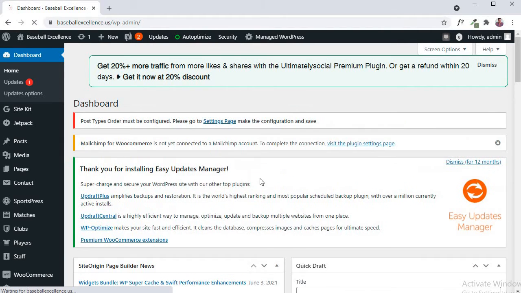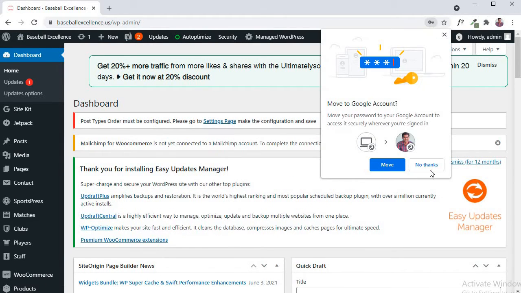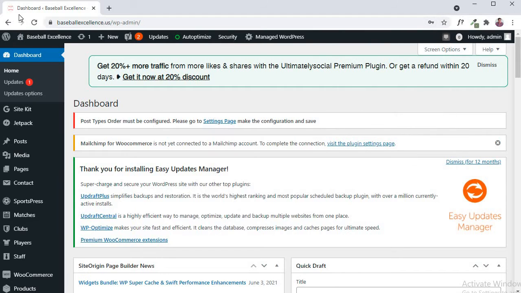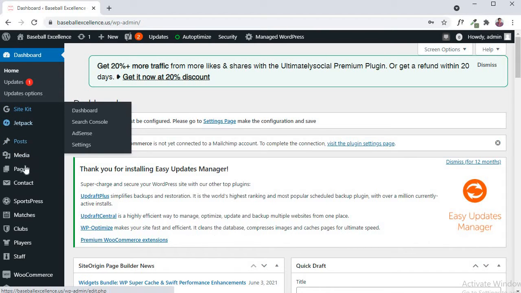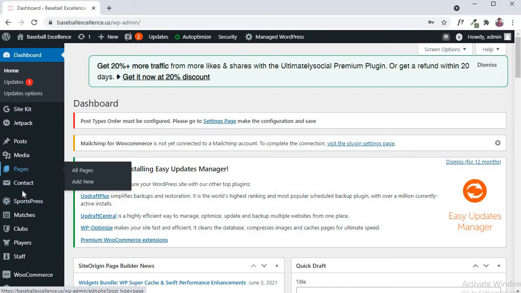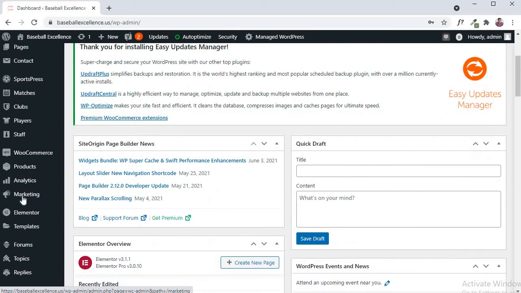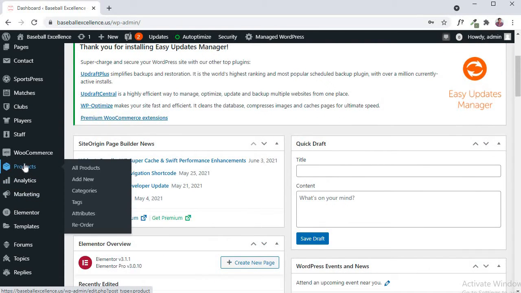Once you log in, you go to the dashboard, and in the dashboard on the left side you see something called products. You hover over products and click on all products.